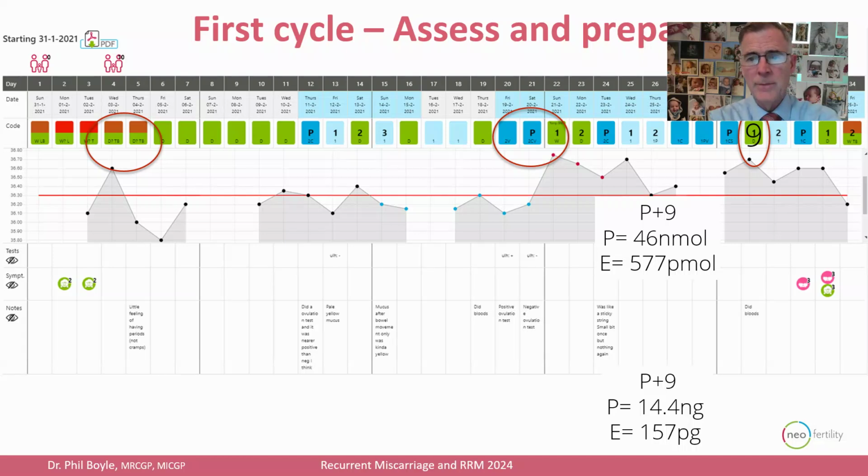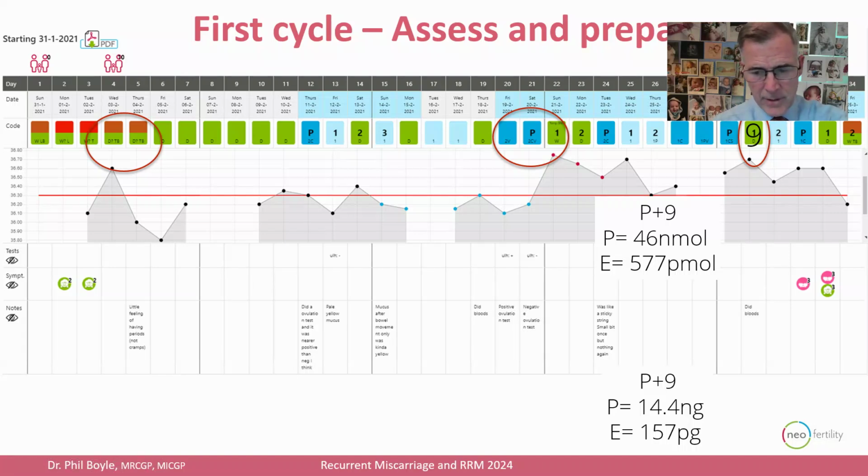So look at her cycle. She's got ovulatory day 21 progesterone. So my colleagues are all saying, you don't have low day 21 progesterone, you're ovulating. And jumping off the page, I can see brown bleeding. I can see a late peak day, limited mucus, and I can see suboptimal hormones in the mid-luteal phase. So straight away, this is jumping off the page to me.